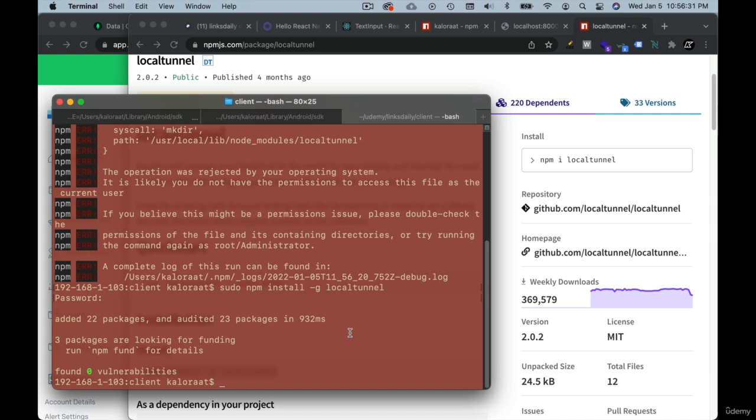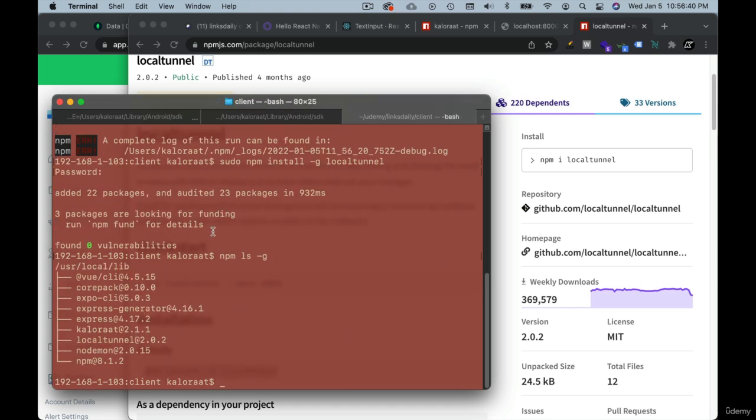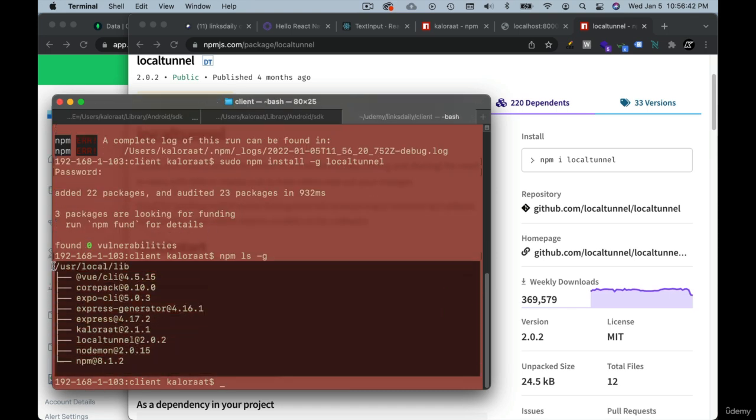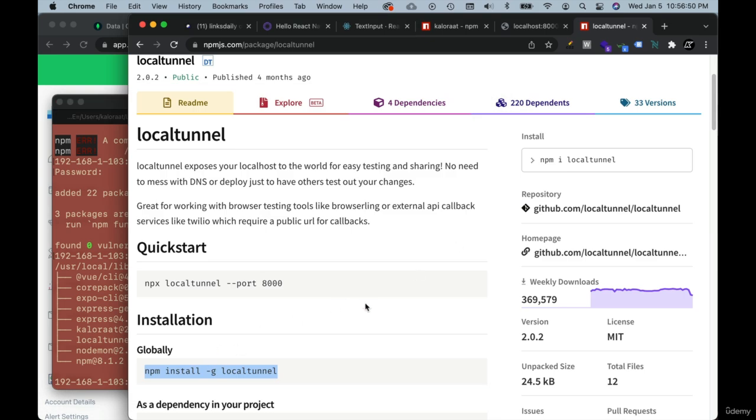you can check out the list of global packages you have in your computer as well. You can run this command to check. You can see I have these commands installed globally and local tunnel is there. Alright, so once you have that, all you have to do